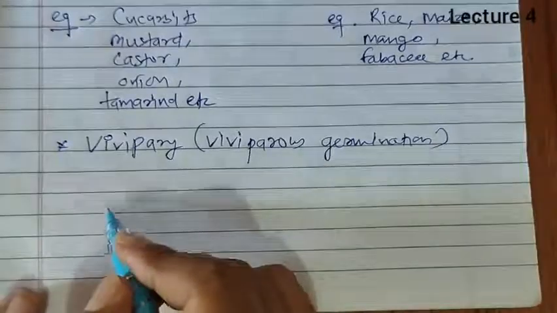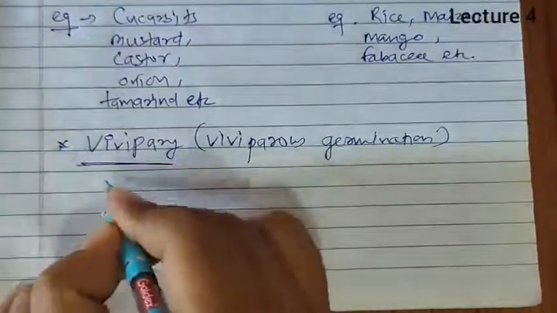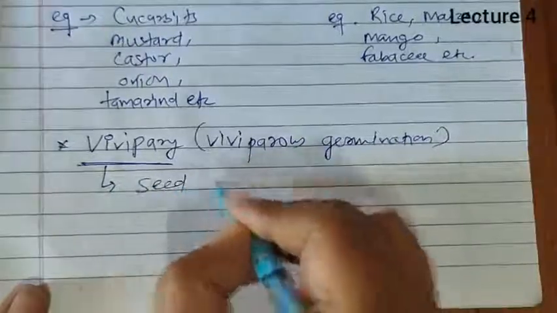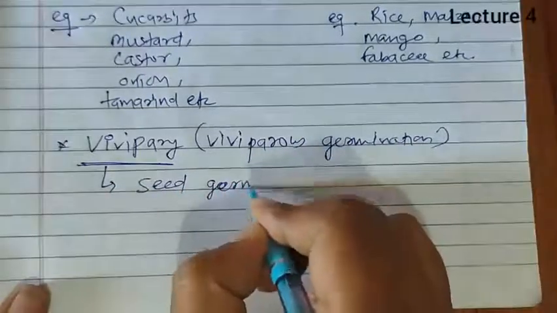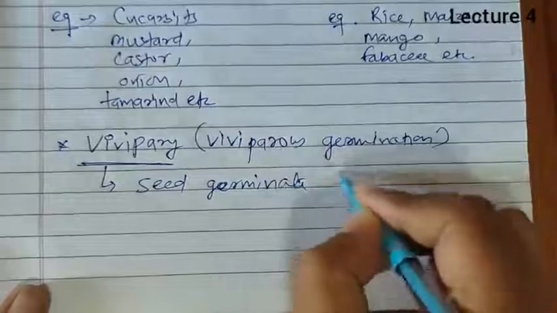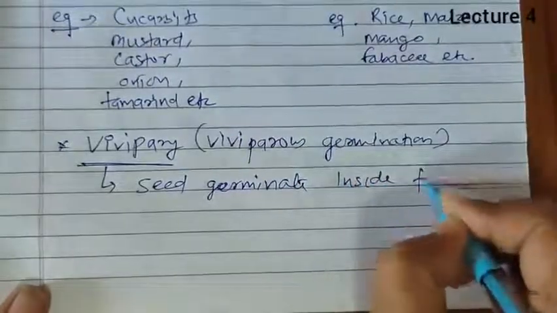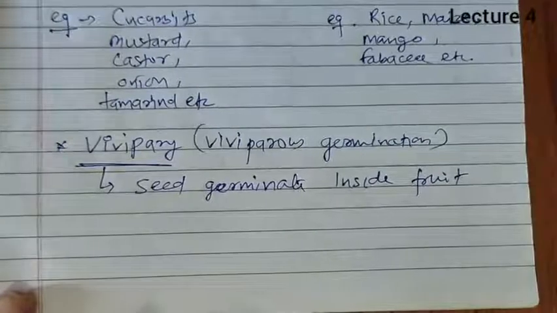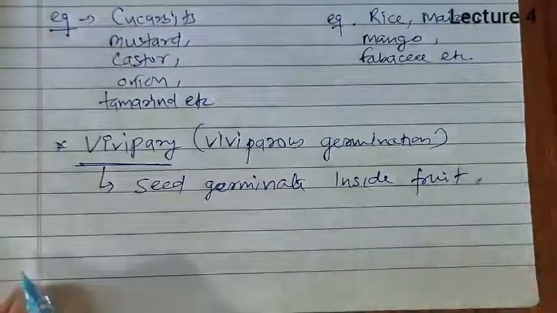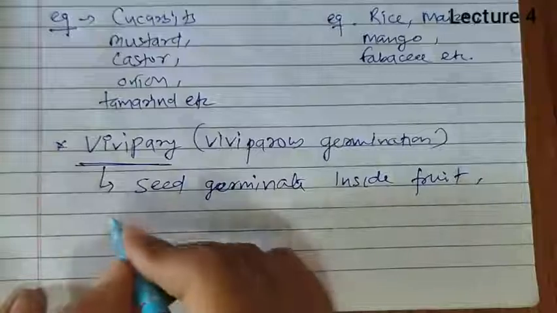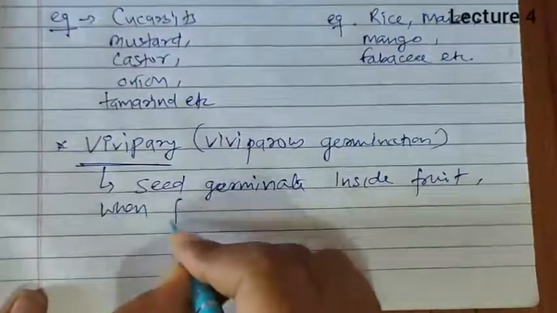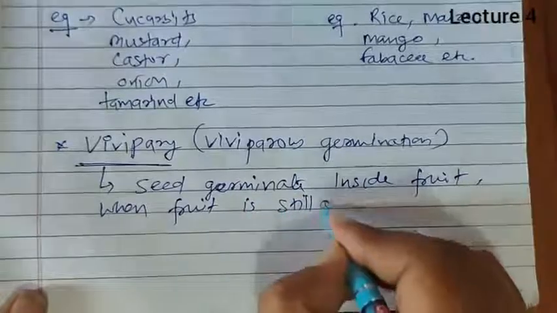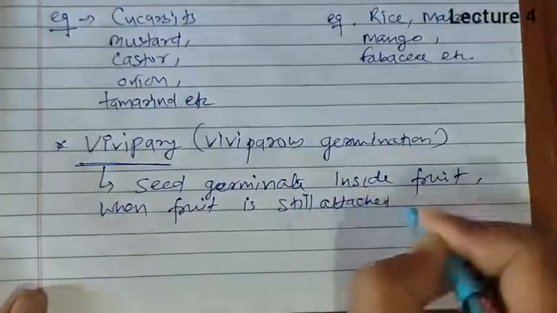Now in this viviparous germination, seed germinates inside fruit. So this occurs when seed germinates inside fruit, when fruit is still attached to plant,